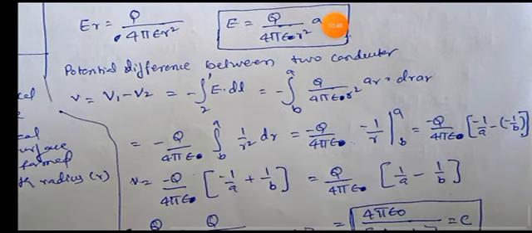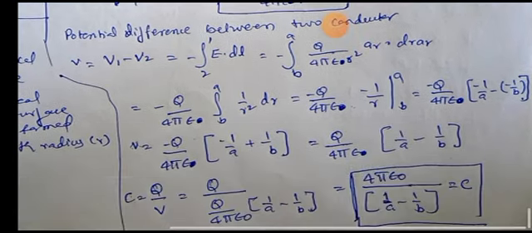Now you know the potential difference between two spherical conductors. So V equal to V1 minus V2, line integral